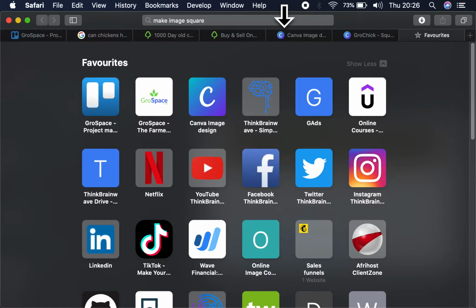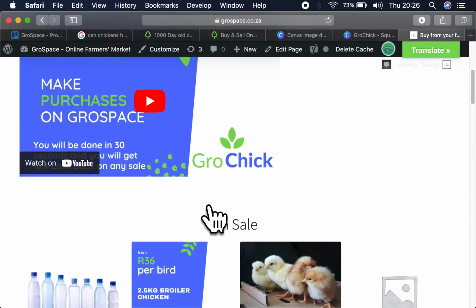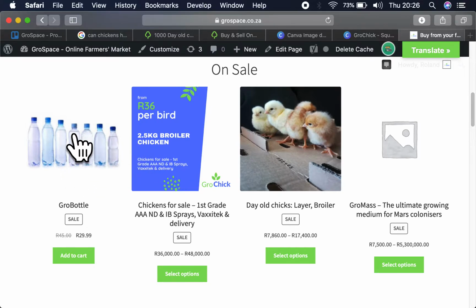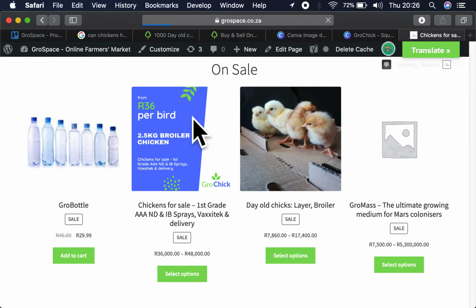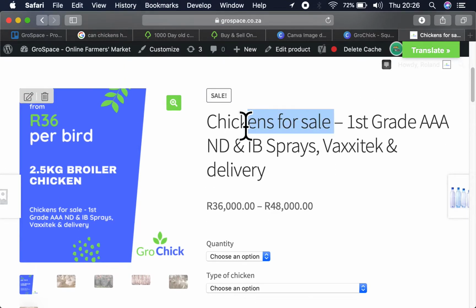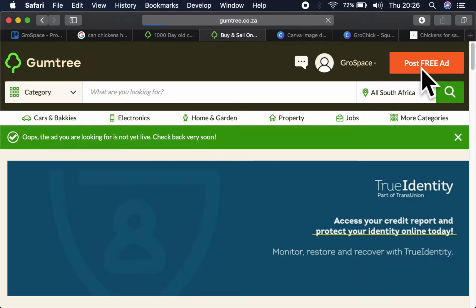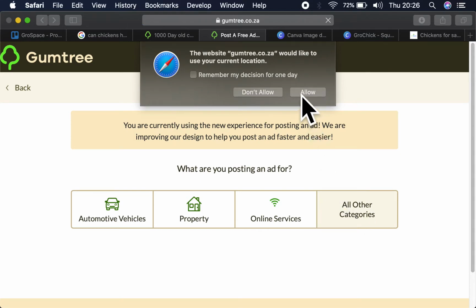Let's go to GroSpace and see what we are selling. There we go. So what are we selling here? There's grow bottles. There's full-size chickens. Do we not want to maybe put an advert for that? Of course we do. So let's go into this advert or this product, and let's click chickens for sale, go back to this thing, post a free ad, all categories,